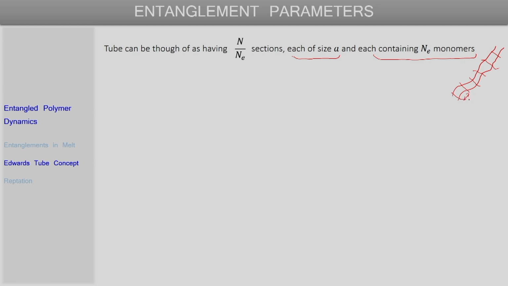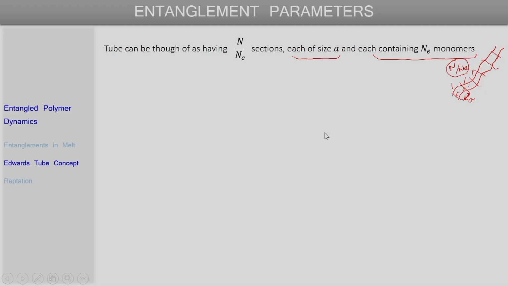If each of these sections has a length a, which is equivalent to the tube diameter itself, then we will have N over Ne such sections. The reason for that is since this length is a, this will have approximately Ne number of Kuhn monomer units in it, and since the total chain contains N Kuhn monomers, the number of such sections will be given by N over Ne, and each section contains Ne monomers. What we can say is that the entire polymer chain, its dimension can be represented using our equivalent freely jointed chain consisting of N Kuhn monomers and having Kuhn length b,